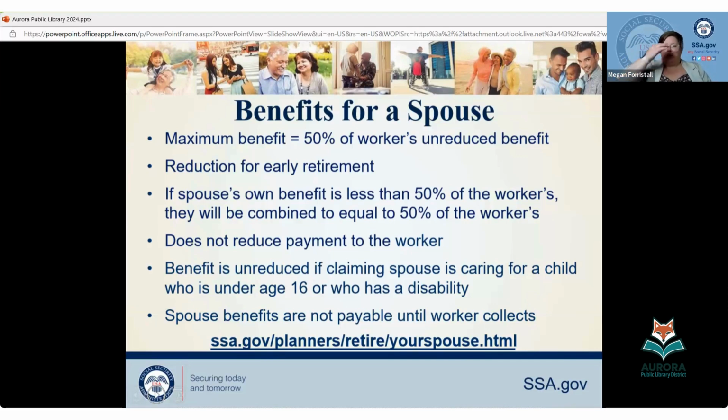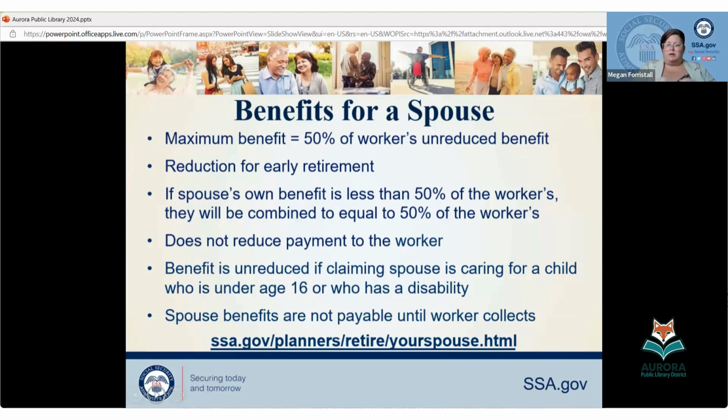So let's say you're filing for a benefit and your full amount is $1,000 a month, and your spouse's full amount is $1,600 a month. In that situation, you're each just getting off your own record, no spouse's benefits payable. But let's say instead that yours is $1,000 a month and theirs is $3,200 a month. So half of that is $1,600. Then you'd be eligible for $1,000 on your own, $600 off your spouse.